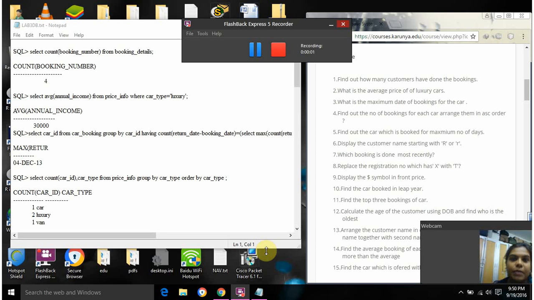Hello, this is my third database lab experiment, and in this we are basically dealing with the group by, order by clause and the built-in functions and the aggregate functions. The built-in functions are those functions like count, minimum, maximum, average. These functions make our query easier. They help us to find out